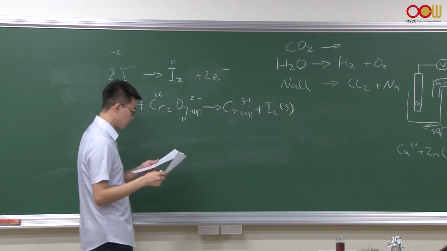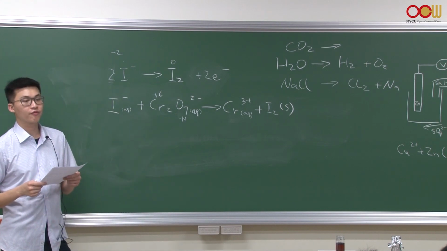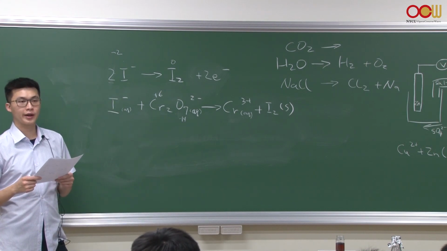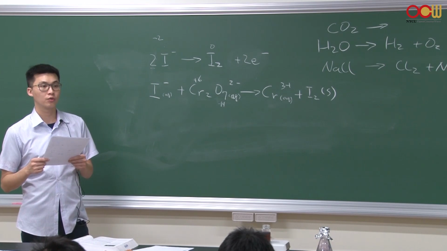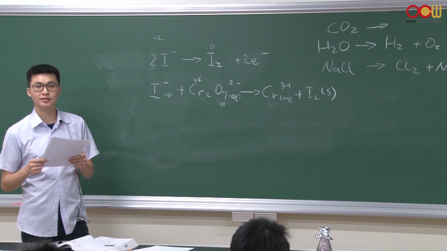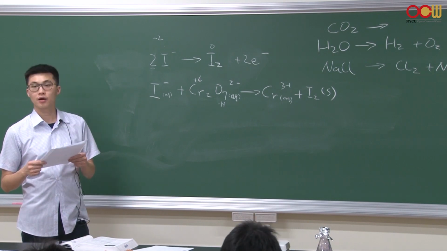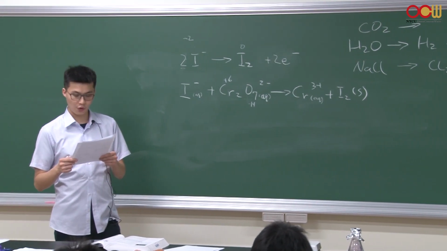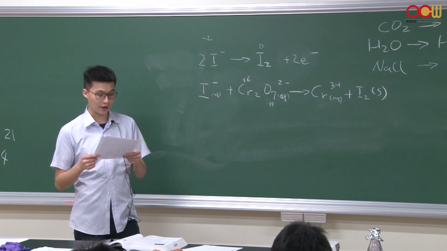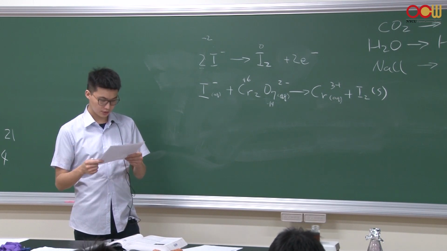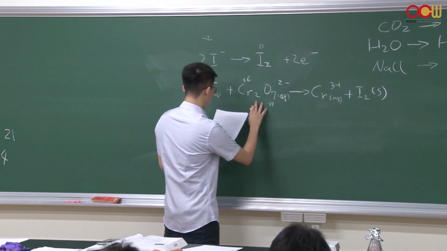This is another rule. First, we balance the atoms other than O and H, and then we work on oxygen, then finally we'll work on hydrogen. When you have excess of these, you will use water to balance off these extra atoms, okay? So if we look at this dichromate species,